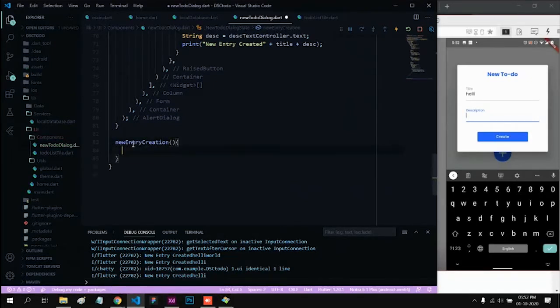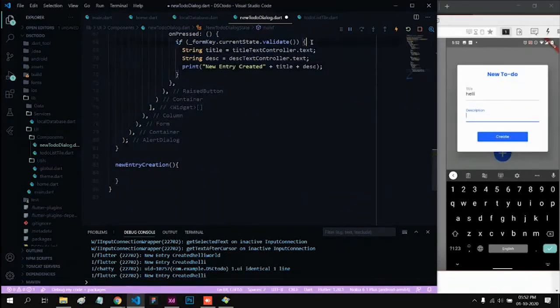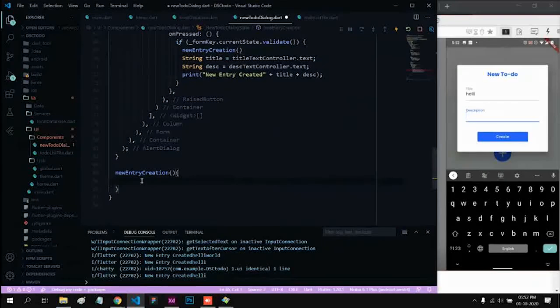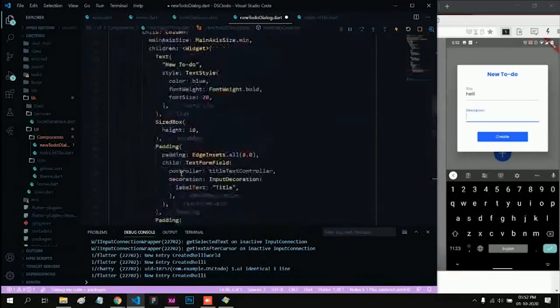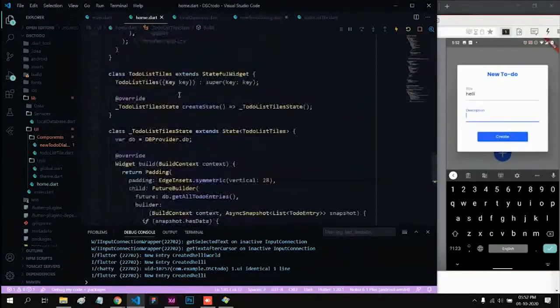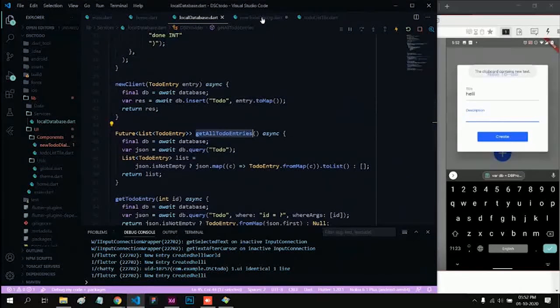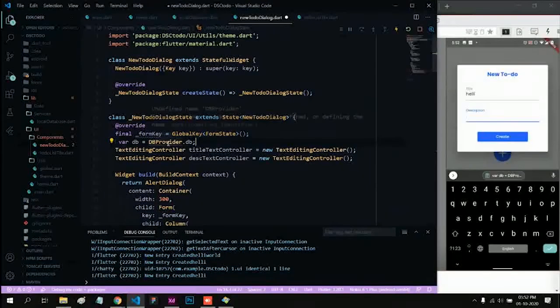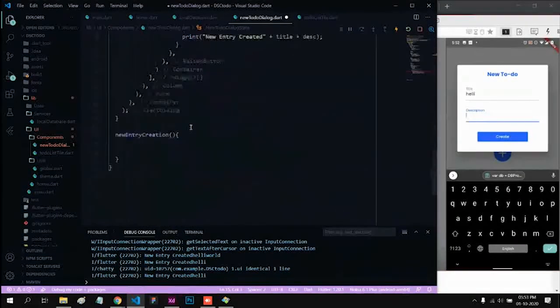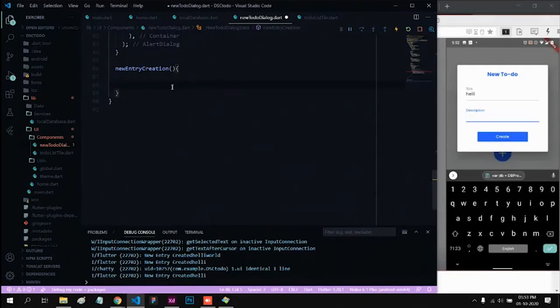Okay, so when we press create, the new entry creation will be invoked. So what will this contain? Our end goal is, let's do the thing we did in the other home page, that is var db equals DbProvider.db. We are making an instance of that class over here. Making an instance means an object. db is an object of this class. Yes, you remember that. And our end goal is db dot